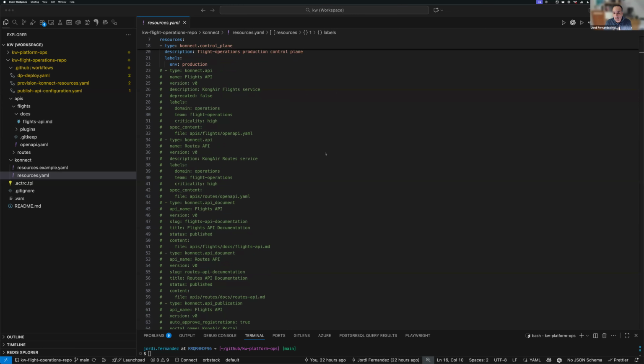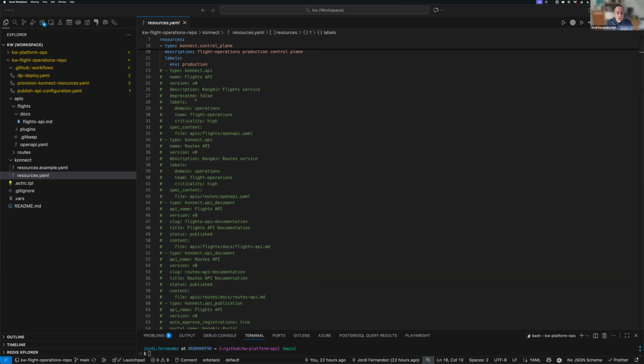That doesn't mean that the API is going to be available in the developer portal. That's a next step. But first of all, we want to make Konnect aware of my APIs. Then as a second step, we can publish that API to as many developer portals as we want, right? That's why there is a separation between creating the API in Konnect and afterwards publishing the APIs to one portal or many other